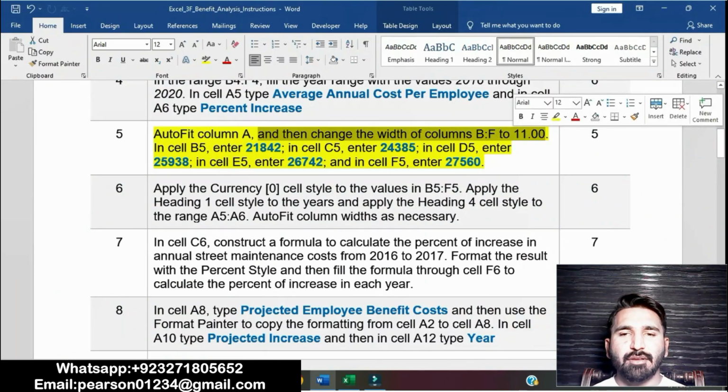We will select columns B to F first, then we will change the width. Then in cell B5 enter 21842, in cell C5 enter 24385.